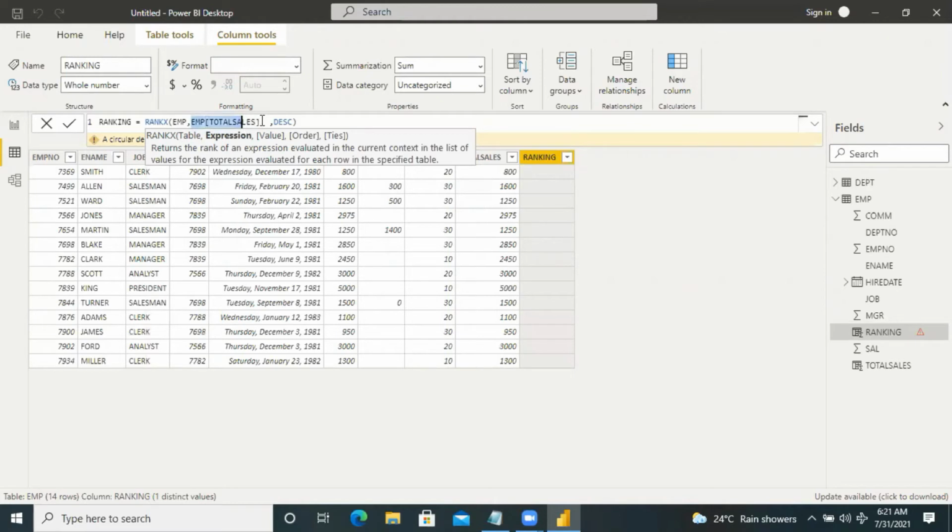The total sales value expression, it's not taking here.